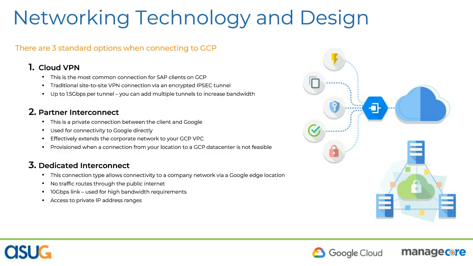So now on to networking, technology, and design. There's really three ways you can connect to GCP: a VPN, a partner interconnect, and a dedicated interconnect. The most common method is to use a cloud VPN. Basically, that's a VPN tunnel, and you configure that between your on-premise network and GCP. It gives you traditional IPsec tunneling and the encryption and everything associated with that to make a stable connection. That is running through the internet, and that's generally the most common connection to start with